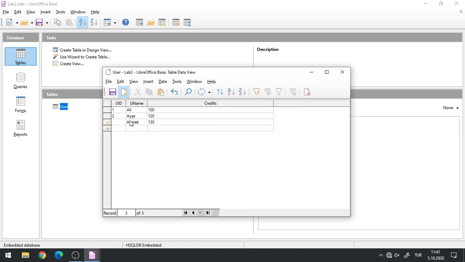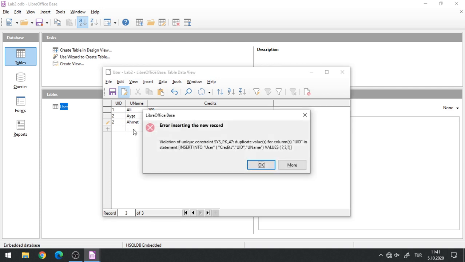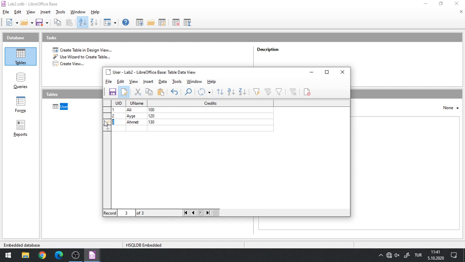But if you click on OK, now I need to find some new ID for Ahmet. Let's say I wrote 2. Whenever I try to go out of this row, now it gives me a different error. It says that it will create duplicate values for column UID. So for UID, it has to be unique. And if I write 2 there, it will create a duplicate value which is not allowed. It's for our primary key. And then there is a problem. Then I can, for example, write 3, and then I have no